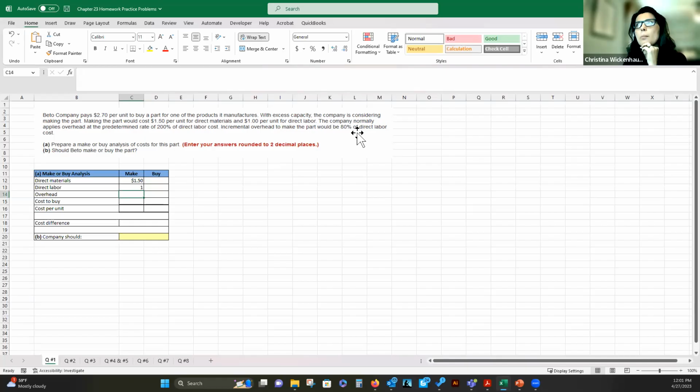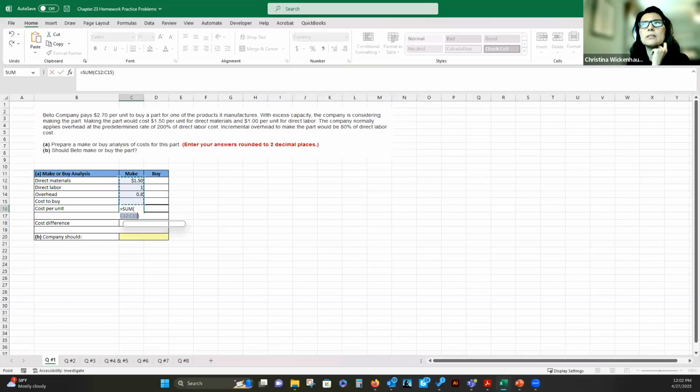Incremental overhead to make the product would be 80% of direct labor. So that's only what we're worried about. So it's going to be equals 80% of the direct labor. So $1 times 0.8. And so this one we're not buying, so we're skipping that line. And then we're just going to add up all of the costs. So it's going to cost me